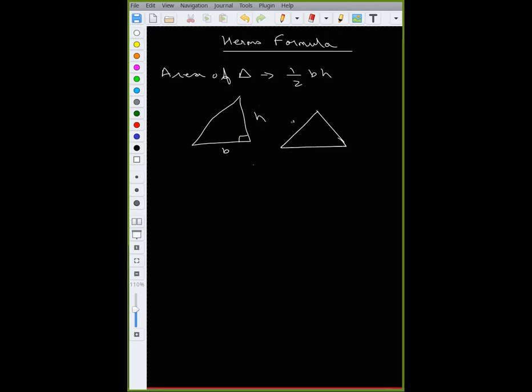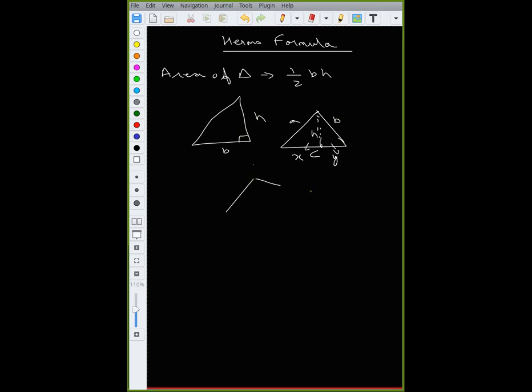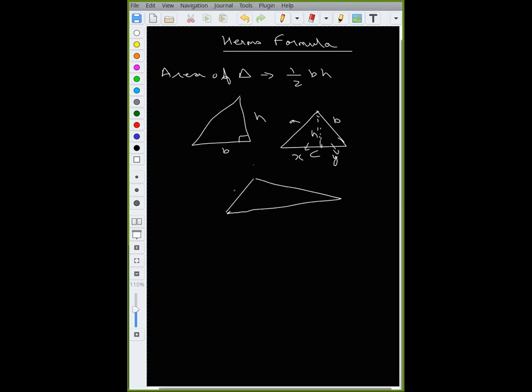So if we have a scalene triangle like this, then what will we do? What we will need to do then is, again, we need to definitely find out the height first. Then we'll have a ratio of the bases and then we need to find it out, right? But now what if the height is not given to us, or what if the base being divided into x and y is not given to us? We just have a scalene triangle in which A, B, and C is given to us. Then how do we find out the area?